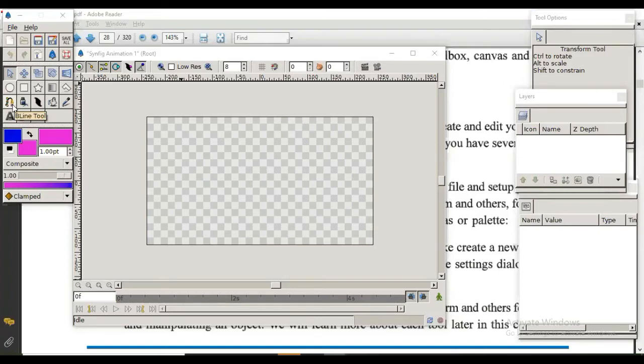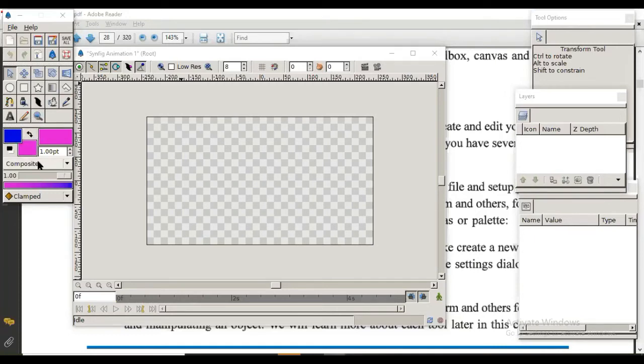This is also used to create a shape. This is drawing tool, width tool, then fill tool to fill color. Eyedropper tool is used to select any existing color and apply it to a section that you want to use. This is text tool to type something, sketching tool, and this is for zoom.